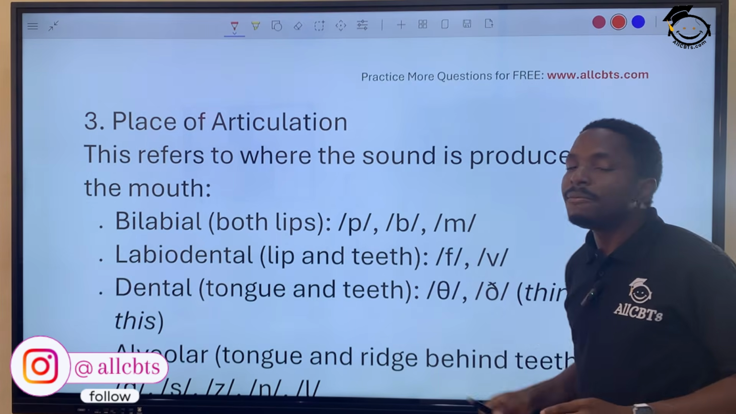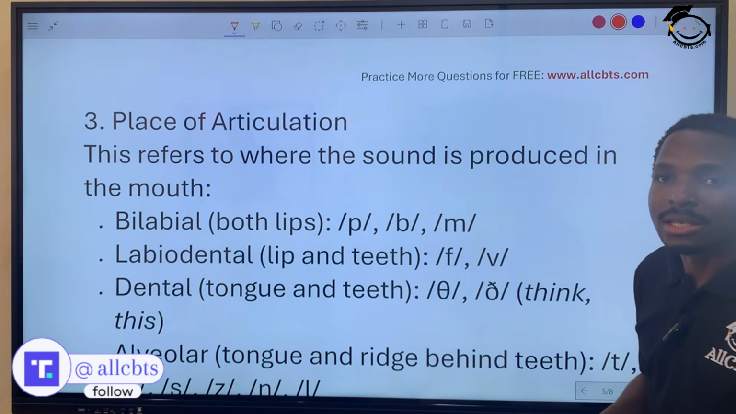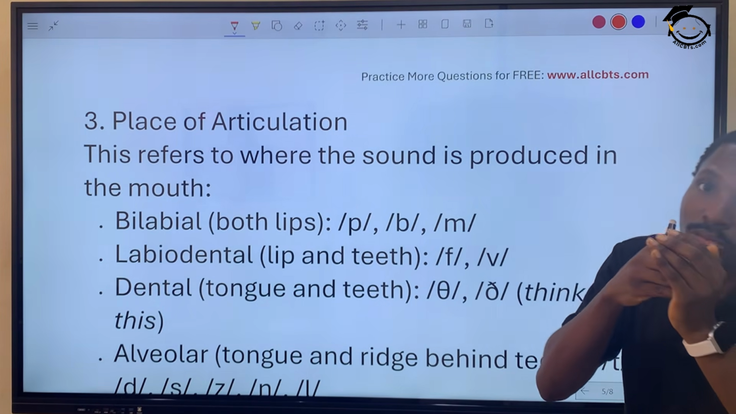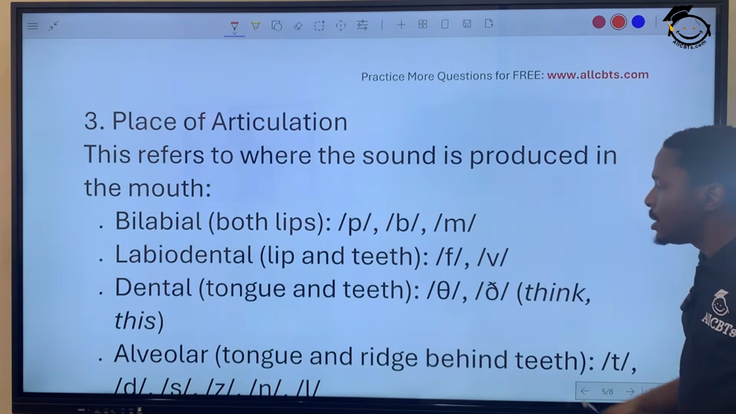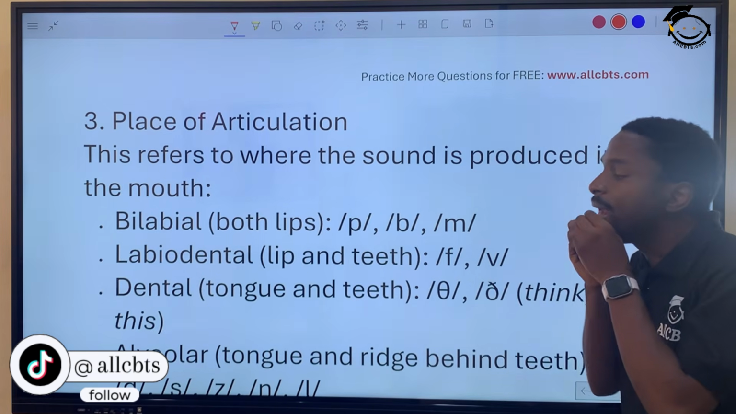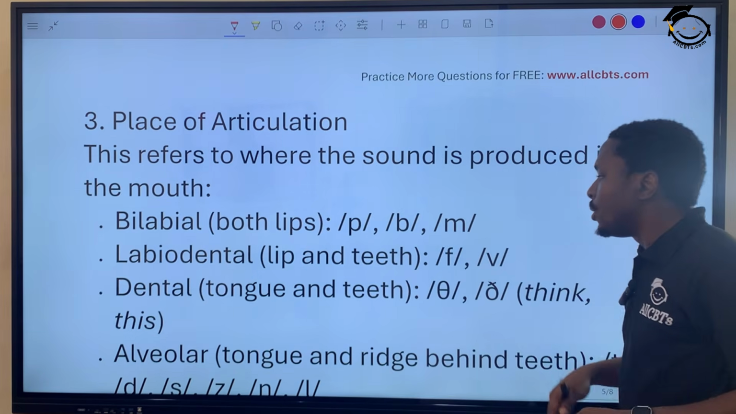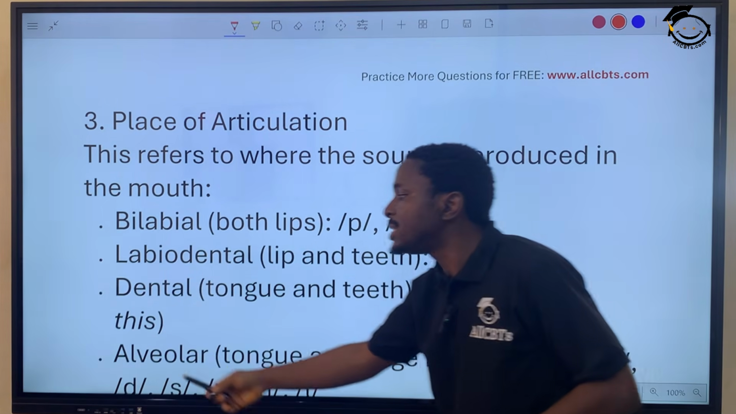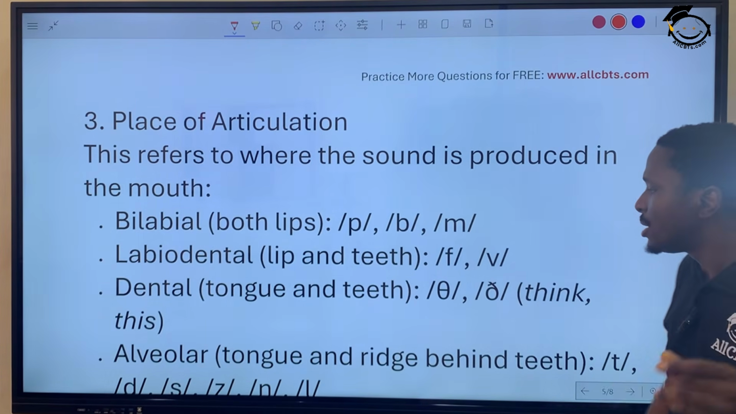You can see your teeth hitting your lips or coming to meet your lips as the sound comes out. So you have the air narrowly escaping between your lip and your teeth. All right, then you have dental. So we've seen bilabial, we've seen labiodental, now we see dental, which is your tongue and your teeth coming together